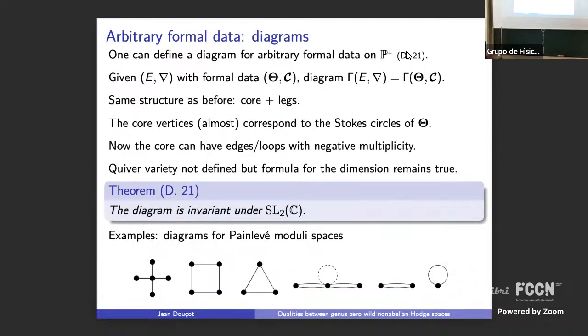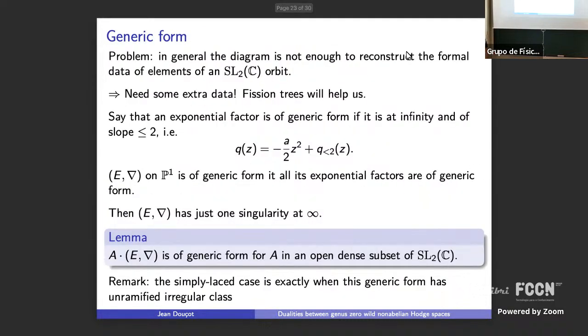What does it mean to have a negative loop? I define an adjacency matrix. By diagram, I mean I have vertices and a number of edges, which is defined by an adjacency matrix, which is symmetric. And I just allow the entries in the adjacency matrix to possibly be negative, and I call that a diagram. If I have a quiver, all entries will be positive, but I say, okay, let's allow negative entries, and I call that a diagram. That's why I'm not calling that a quiver, because it would be too big an abuse of language.